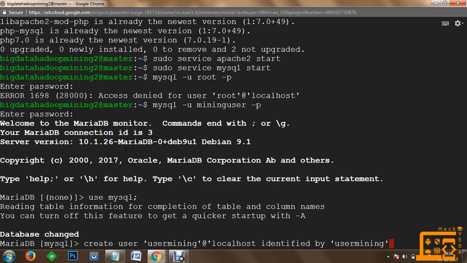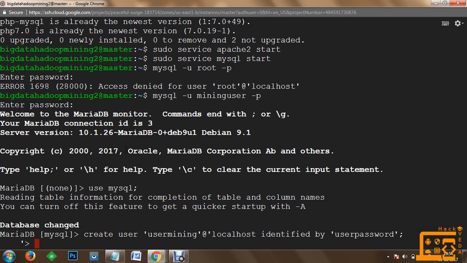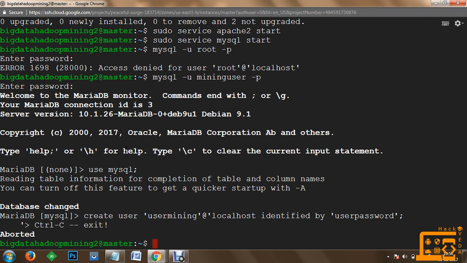So I'm creating a user known as user mining, and the password is user mining. Or we can quickly change the password to something like user password. I have created a user, and this has to be closed with the single quote, which has to be used at the localhost section.